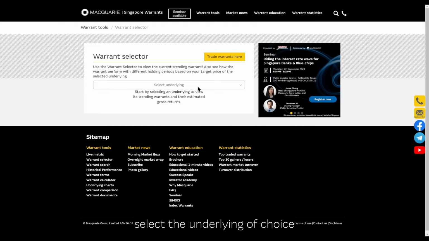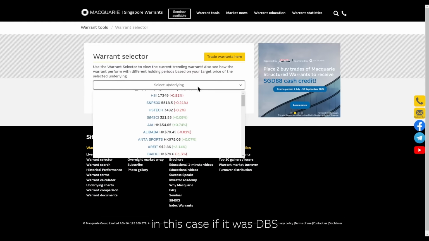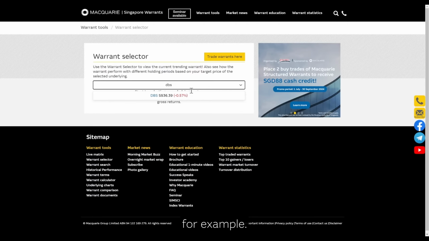Access the warrant selector. On the warrant tools drop-down, click Warrant Selector. Here, you'll be taken into the warrant selector page. Select the underlying of choice. In this case, if it was DBS, for example, you have the option to select either a call warrant if